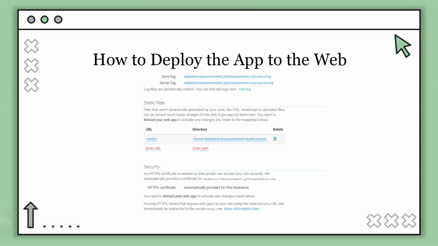If you have CSS and JavaScript files in your project, you will need to define their URL and directory path in the Static Files section on the Web tab. The URL will be /static/ since we are serving static files, and the directory will be /home/your website name/mysite/assets since our CSS and JavaScript files are saved in the static directory. Reload the website by clicking the blue Reload button again, and congratulations, you have deployed your machine learning web app